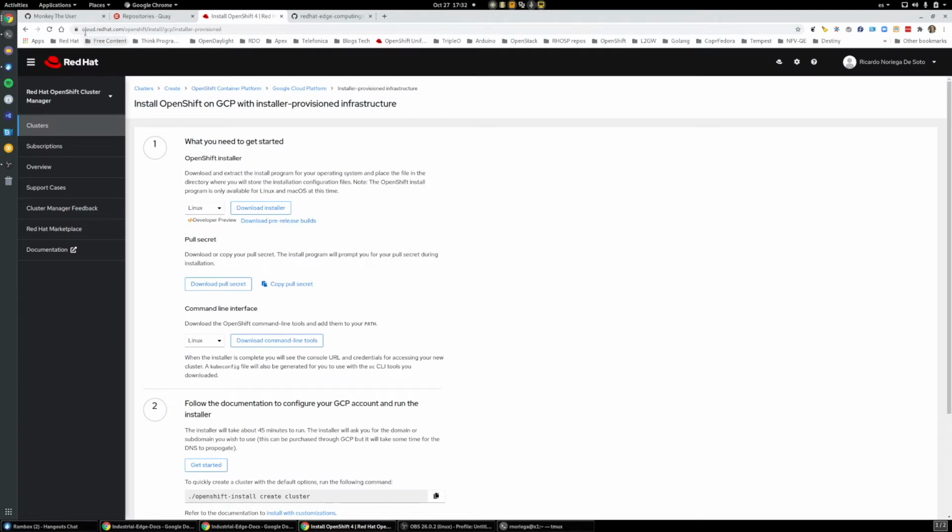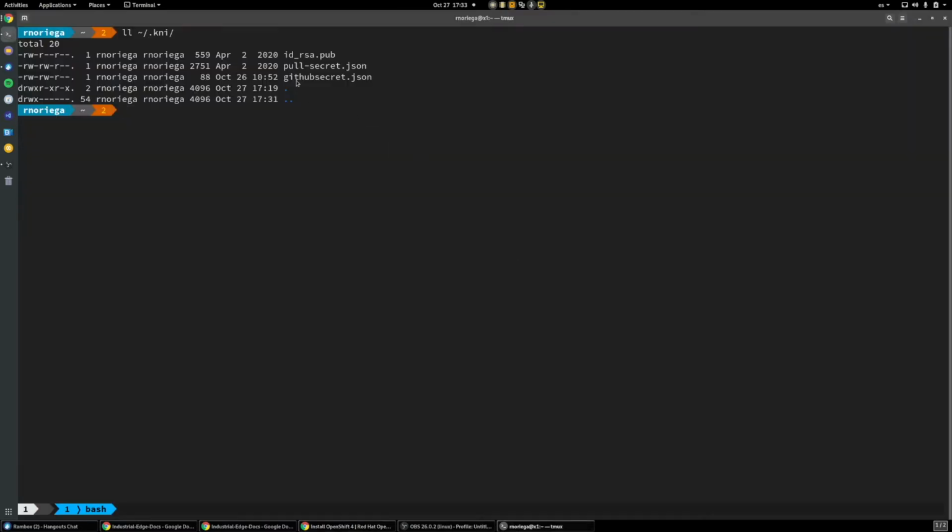If you go to cloud.redhat.com/openshift/install and you pick your platform, you will have these steps and you can copy your pull secret and place it in that file with no spaces or anything, just paste it there. The name of the file has to be pullsecret.json,